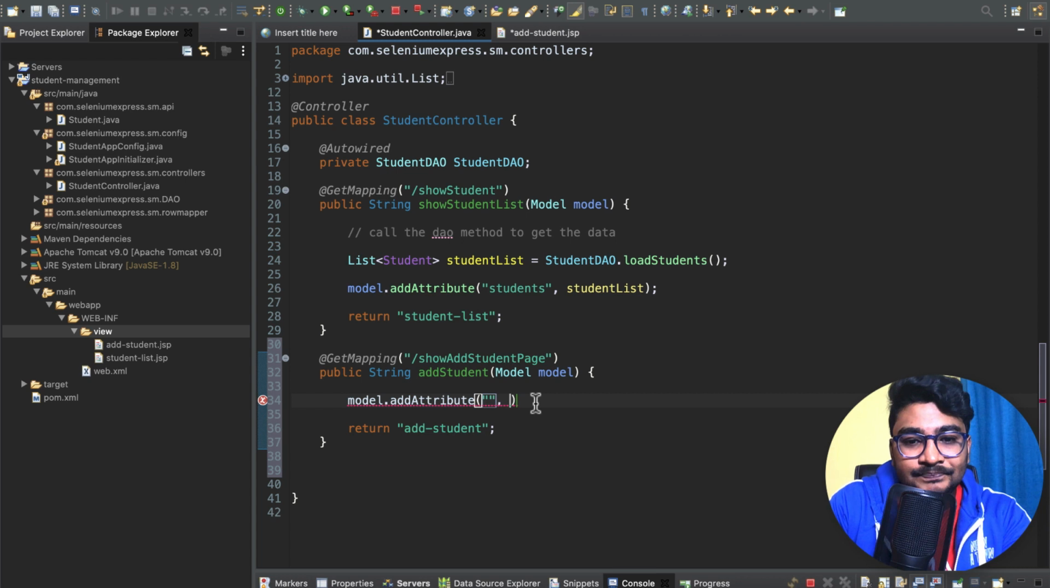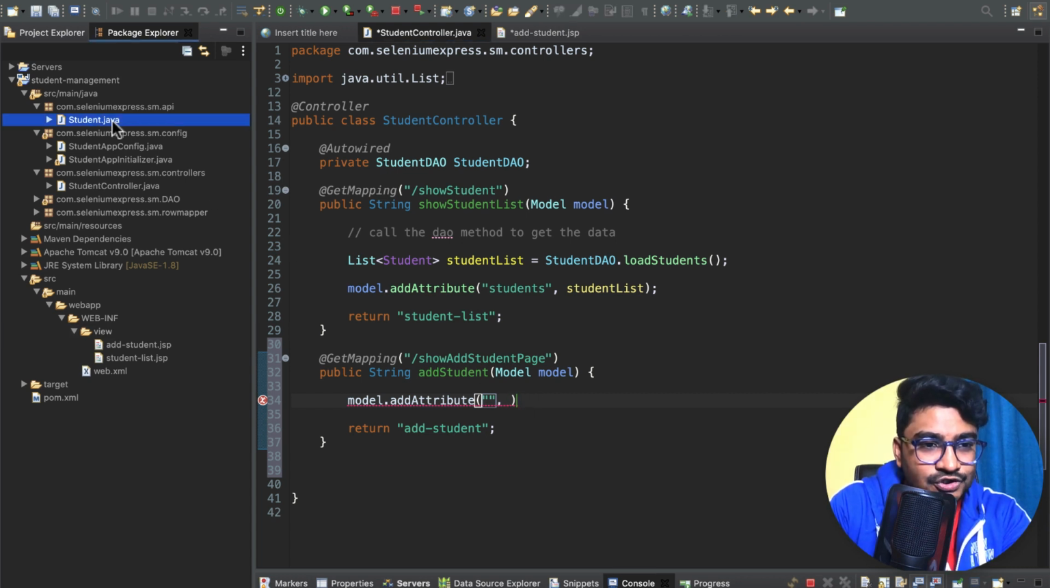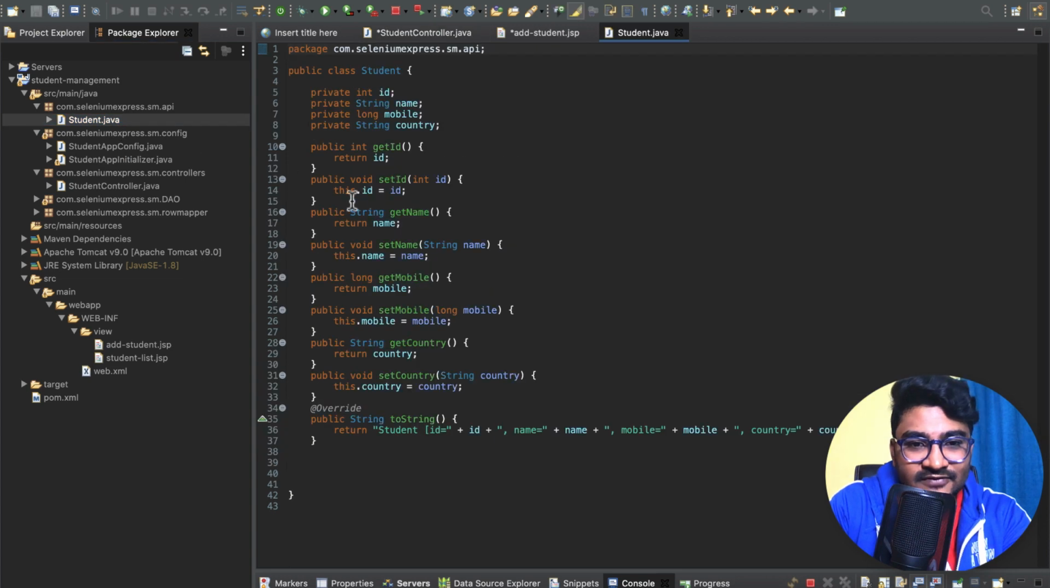So basically right now, let me do one thing. I already have a POJO here, isn't it? Student.java. This particular POJO we are using for our DB purpose. These are basically our DB columns: ID, name, mobile, country. Let's do one thing, guys. We can also use this as a DTO, okay? But let's not use it